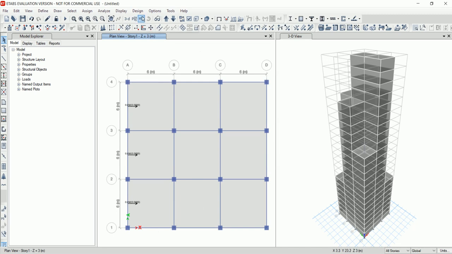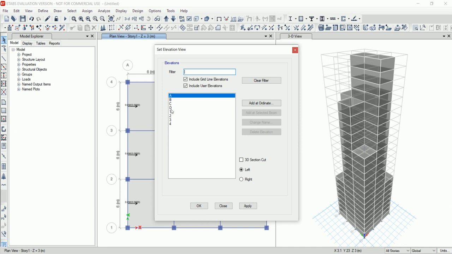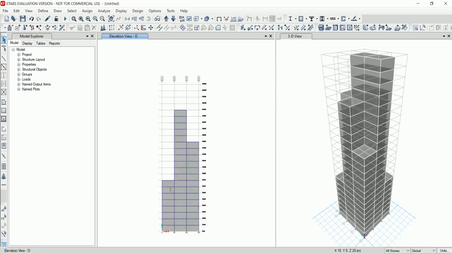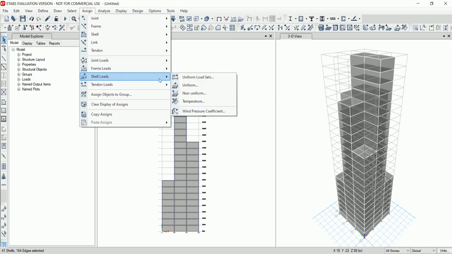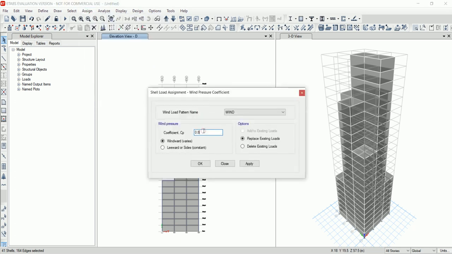Now again go to elevation, select option D and click on OK. Select all the claddings. Then again go to assign and click on shell loads and click on wind pressure coefficient. Here the coefficient changes to minus 0.25.